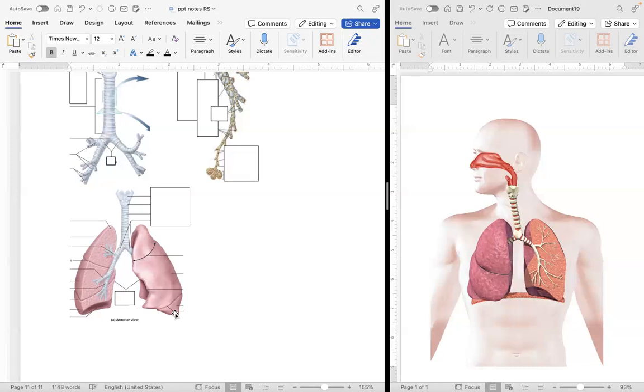And in the right lung, we can see that it's even more concave because there is also the liver right below the diaphragm, which presses up through the diaphragm and creates an even more